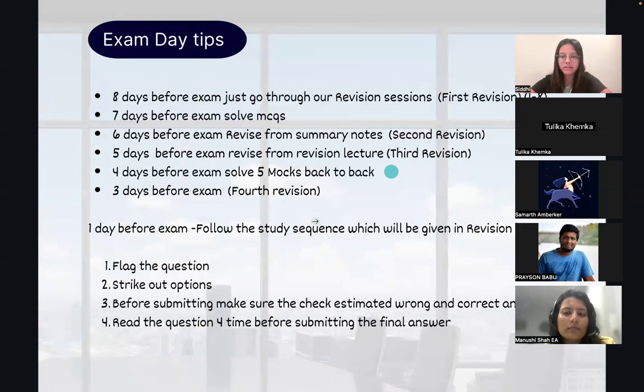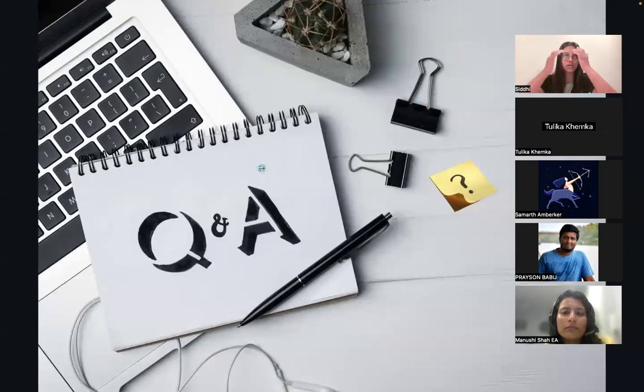Anyone regarding anything today? When can I expect the books? Yeah, books will be dispatched today itself, but it's the weekend, so it will be dispatched on Monday only. For 1 and 2, the books will be dispatched on Monday or Tuesday. For part 3, it will be dispatched a little bit later on. It's still in the printing process. Anyway, part 3 is on the weekend. For 1 and 2, it will be dispatched as soon as you enroll, pay the fees and everything. Okay. Any other question?